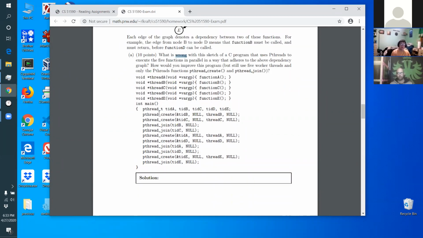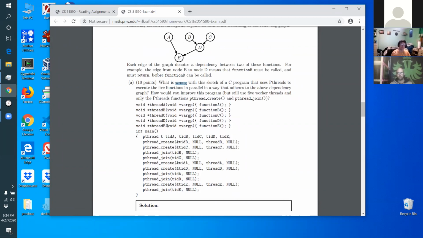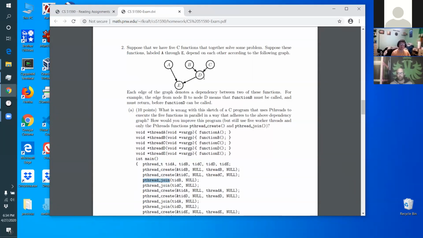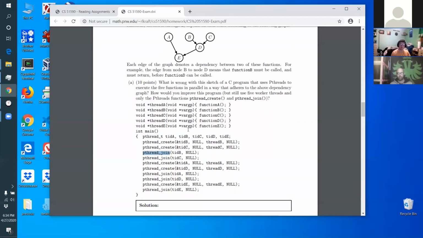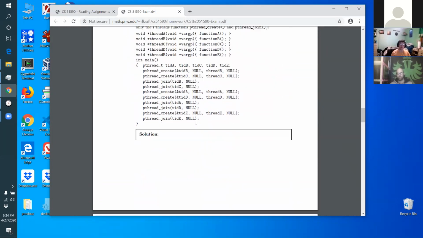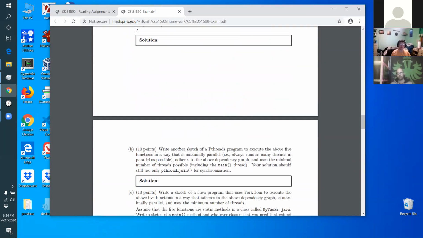So you have to read the code. This is essentially a baby version of fork join. It only does creating and joining, okay? So notice it only forks and joins threads, and it tries to create them in that pattern. But there's actually a little mistake in there. So you have to figure out where the little mistake is, okay? And then part B asks you to